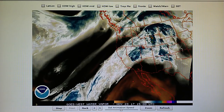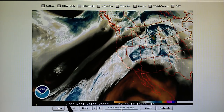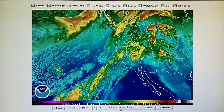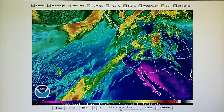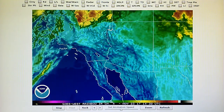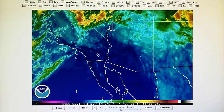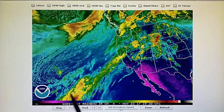So we've got low humidity between 18 and 22%. But yeah, look at this flow pattern here. So these people controlling our weather, they've got this down to a science. Here's the southwest infrared map. And as I say, as this day goes on, Thanksgiving Day, we're going to see a lot more spraying, because